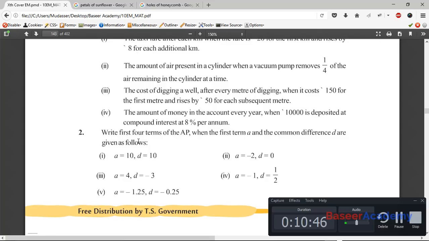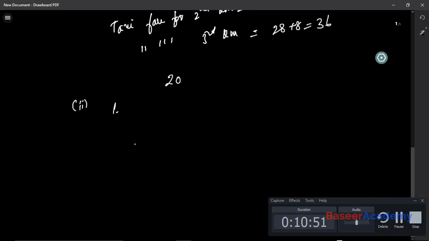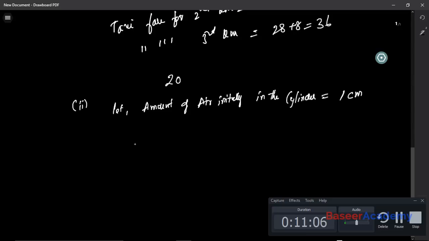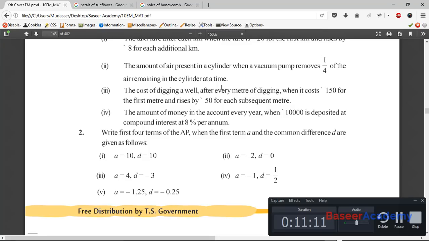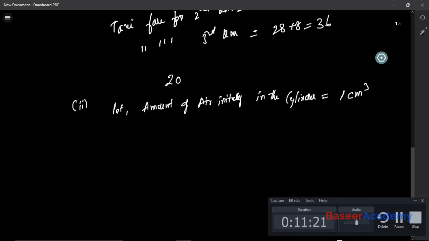Okay. Let us say the amount of air present in the cylinder is 1 centimeter cube initially. Let the amount of air initially in the cylinder be 1 centimeter cube. Now it says that the amount of air present in a cylinder when a vacuum pump removes 1/4 of the air remaining in the cylinder at a time. So now from this